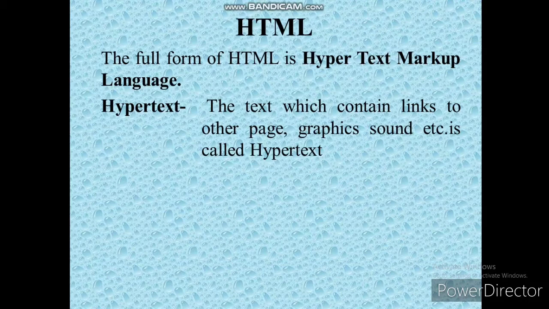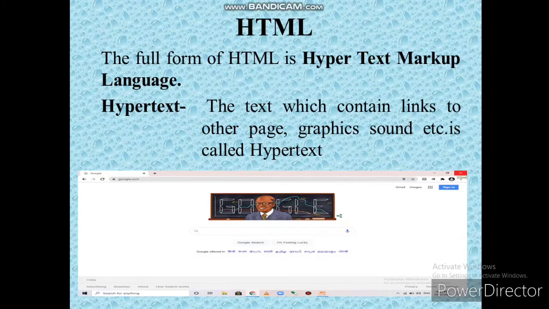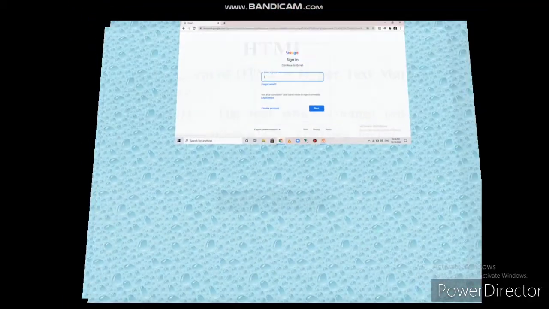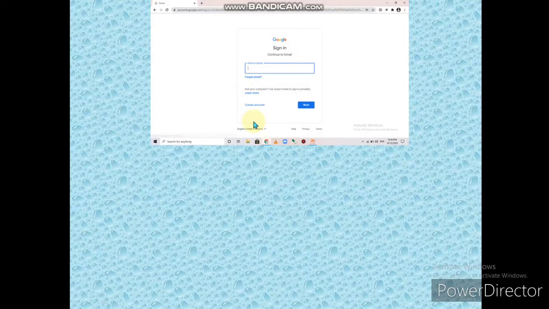This text will take you from one internet site to the next with a simple click of your mouse. Hypertext is the type of text through which you can move to the next page. When you click on this text, you can jump to the next page. I repeat once again, hypertext is the text through which you can jump from one page to another page. For example, when you open Google, you can see Gmail written in the top right corner, and when you click on Gmail, then this page will open. So Gmail is the